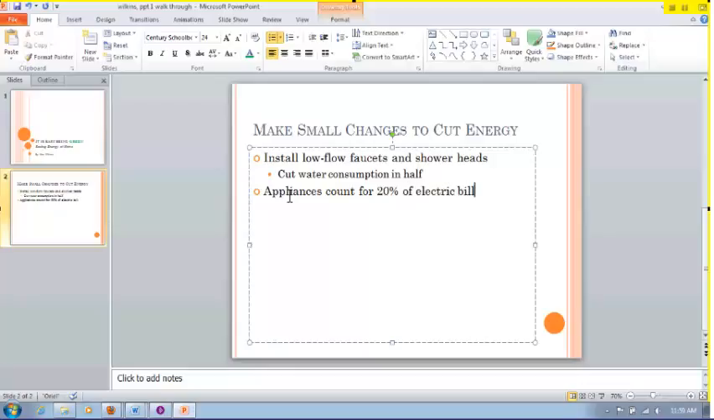Okay, let's go ahead and add another bullet here. So we're doing appliances, count for 20% of electric bill. And then hit enter, tab, or go up to your paragraph group and indent your level one more. Buy ENERGY STAR qualified products, and I did capitalize that, qualified products,